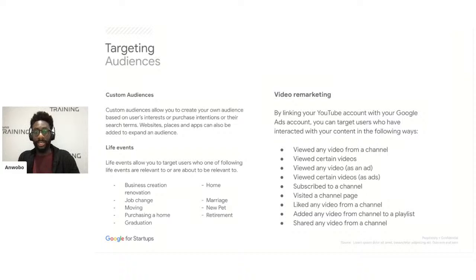This is where you can use custom audiences, where Google allow you to create your own user audience based on interests, purchase intentions, or search terms. You can also type in websites, places, and apps that these types of users would use in order to expand this audience. And Google will look within their data to provide you a list of users who are customized based on what you've put in there.